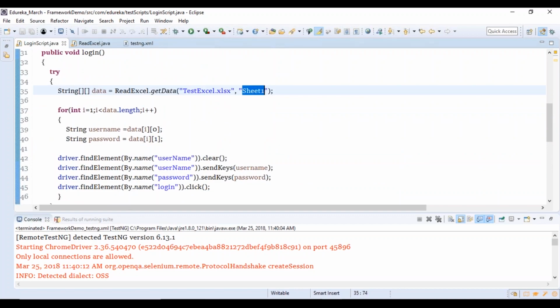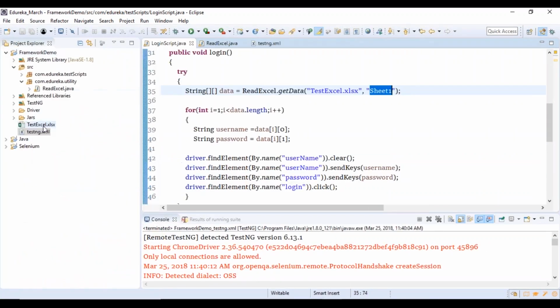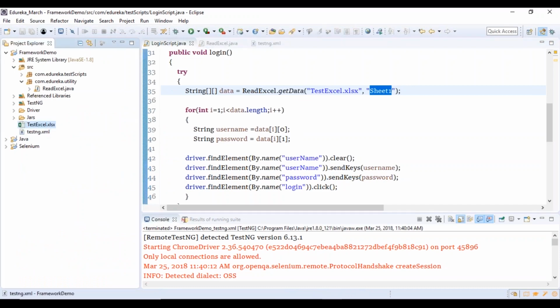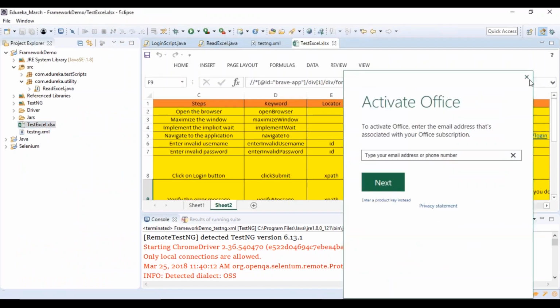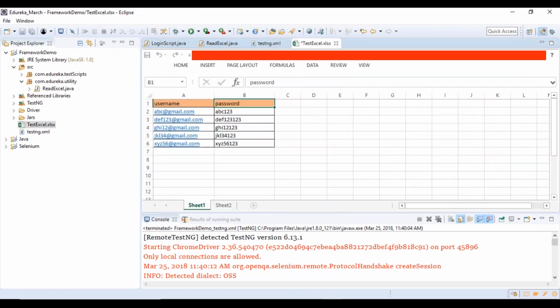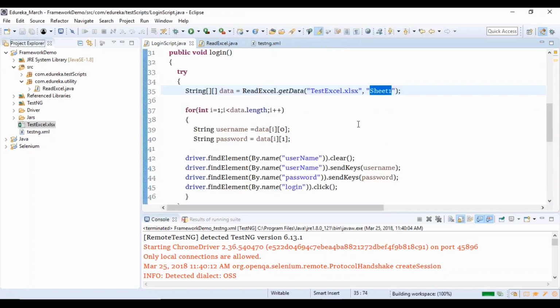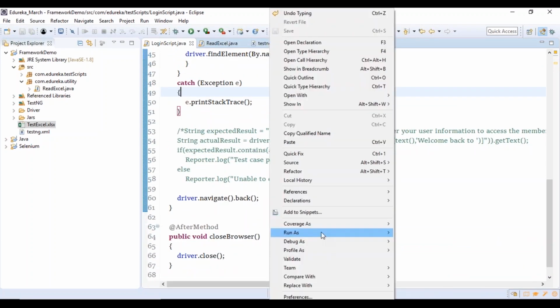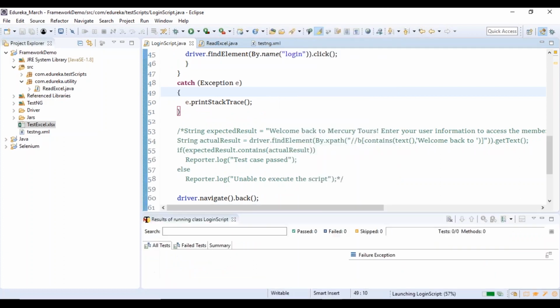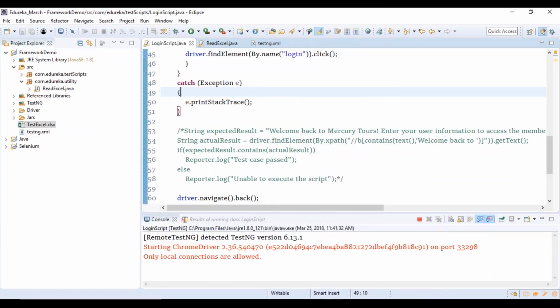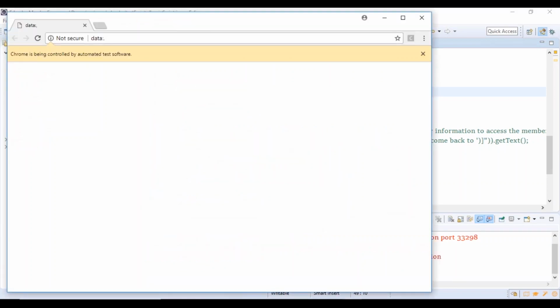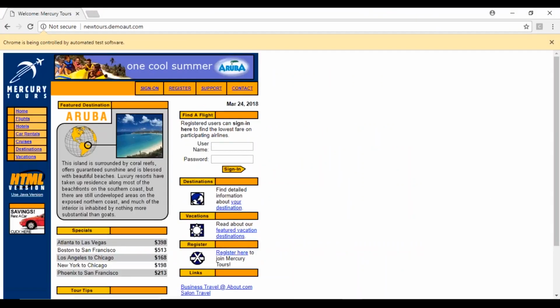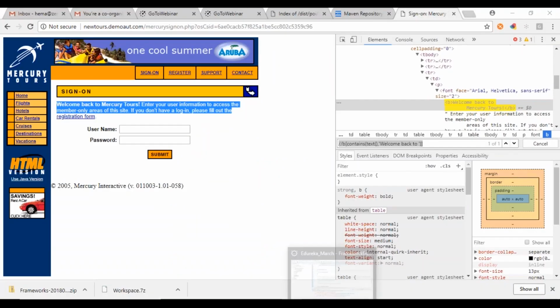This is the one. Let me open my Excel sheet and check what is the name that I've given. Alright. So the name that I've given is sheet 1. Let me copy the same name. Okay, and let me paste it here. Alright, so now perfect. Let me run this now. Run as TestNG test. Okay, now it is going to launch your browser, navigate through your URL, and then, alright, where's my Eclipse?